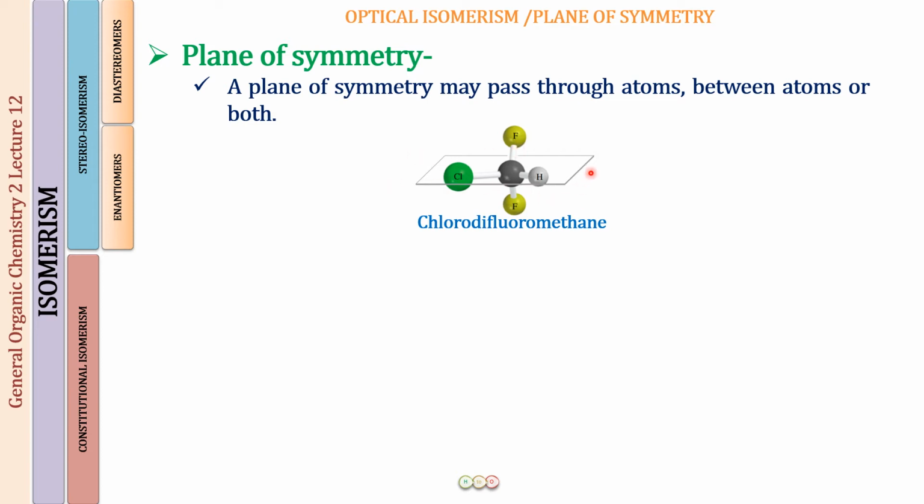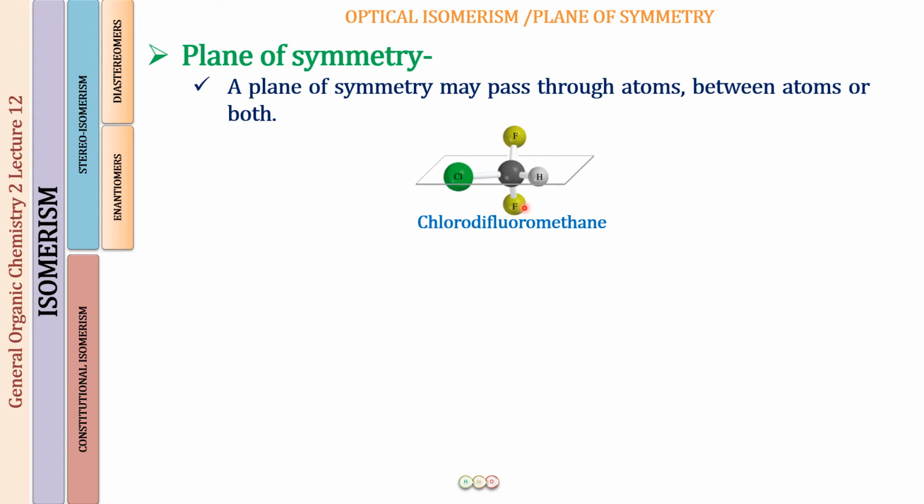Look at this plane that we have drawn. So just imagine that I am slicing this molecule with the help of the playing card that you saw in the models, slicing this chlorine, carbon and hydrogen in the middle. When I'm doing that, there is going to be one half of this chlorine, one half of this carbon and one half of this hydrogen, which will be above that playing card, and the rest of the halves of these three atoms will be below the playing card, and along with that there is going to be one fluorine atom above and one fluorine atom below.